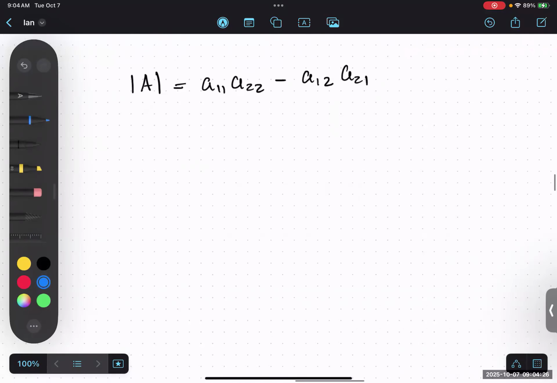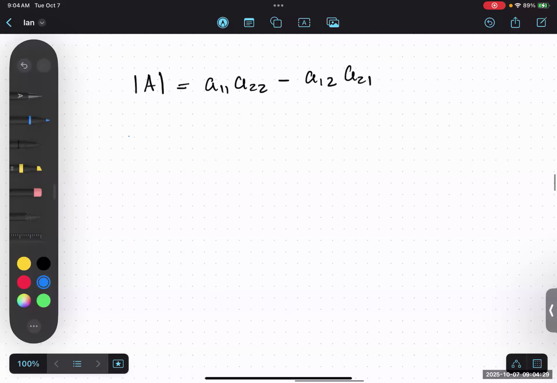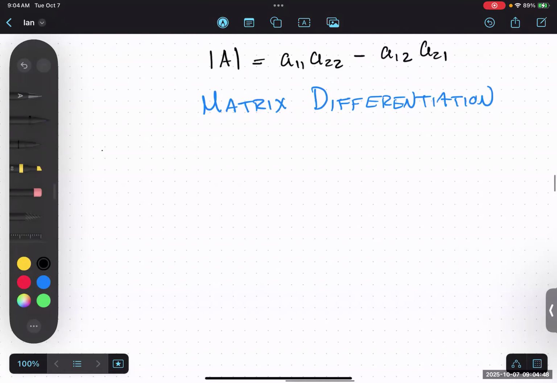And I'm going to finish this video with matrix differentiation. I will start with some properties. Just as you learned calculus in high school, there are particular